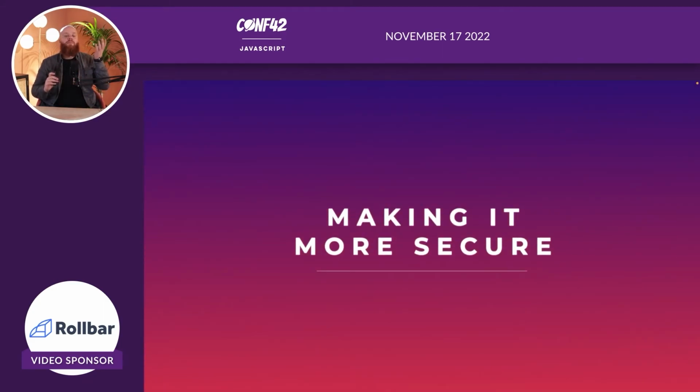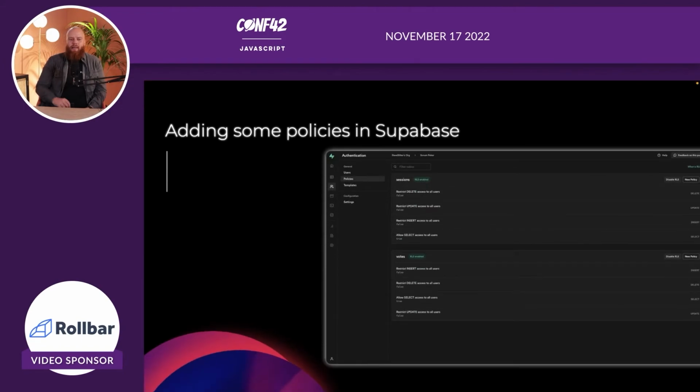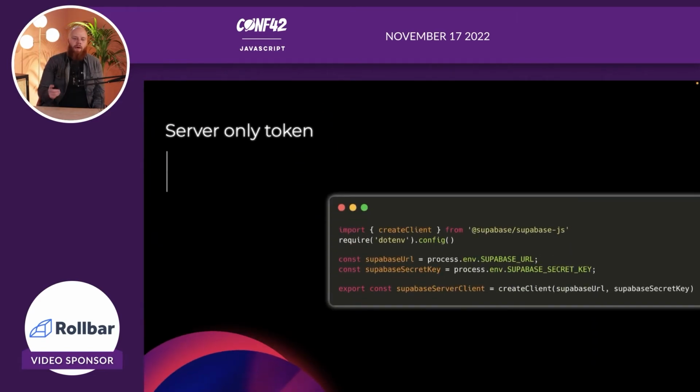We can even make this more secure. So basically we have this Supabase, and you can call to that Supabase API. And how can I make this a bit more secure? Well, I can really leverage that server-side only mutation part. So what I did is I said, okay, all my policies in Supabase, I'm going to block everything. Doesn't matter which token, I'm going to block everything. Nothing gets past this. But I'm also going to create a server-only token, which you can do in Supabase, which is basically the super token that can bypass these policies.